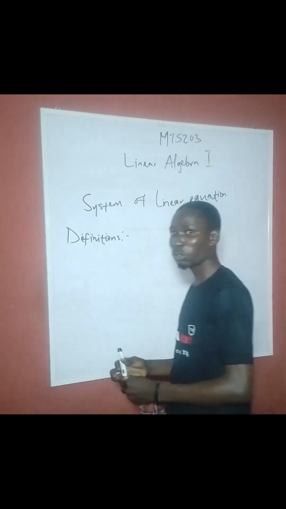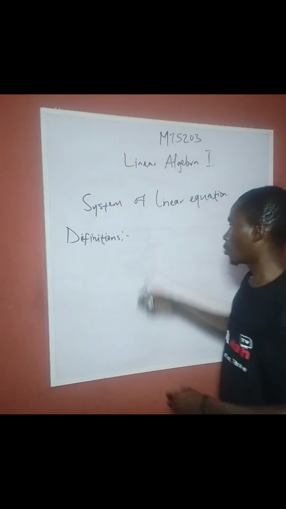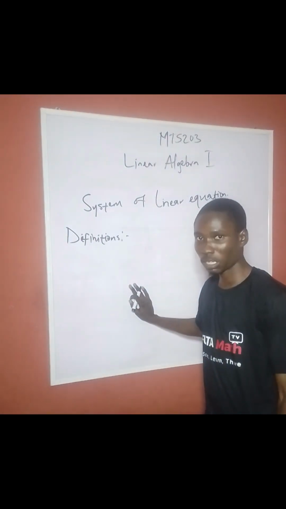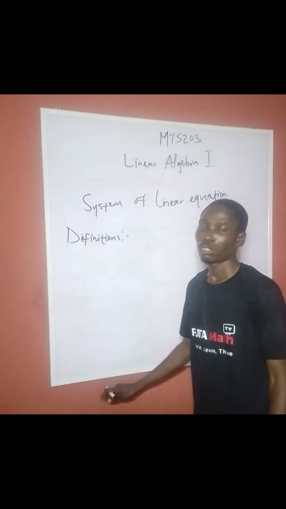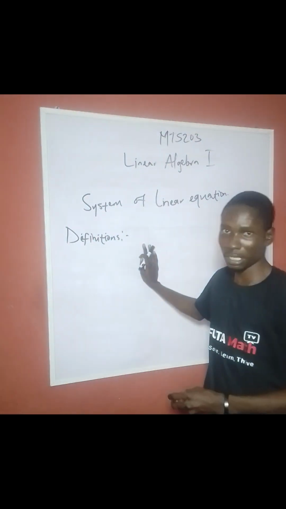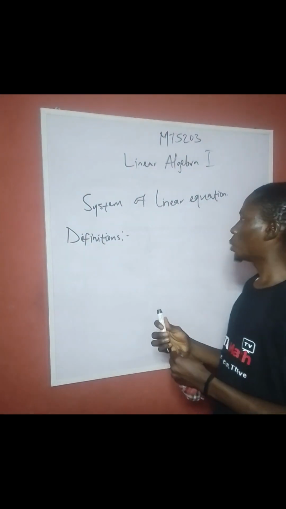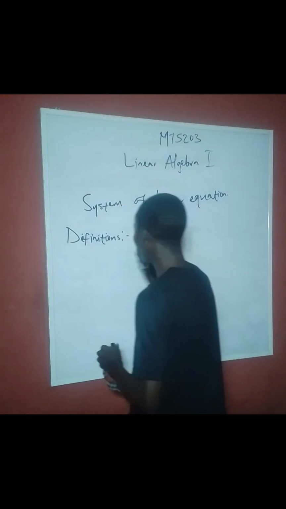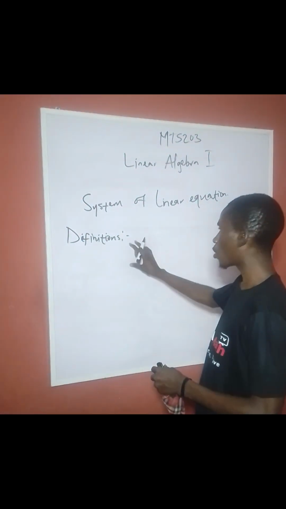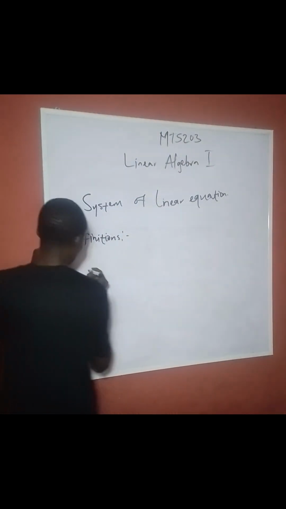A system of linear equations can be in three forms. We have the underdetermined system of linear equations, the well-determined system, and the overdetermined. Each of these systems has its own characteristics. For the underdetermined system, we have more variables than equations. Example for that,